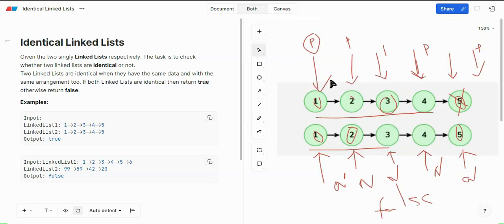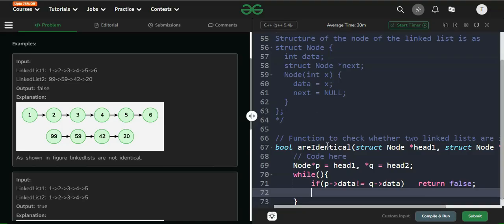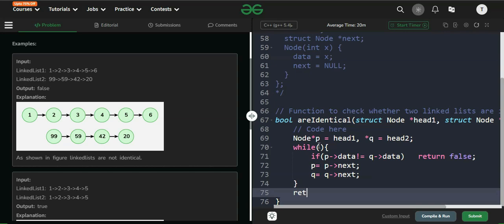If you look at this example, the data of both the nodes are actually equal. We are moving one step forward, right? So we would be moving the pointers P and Q one step forward. This is how we are moving our pointers one step forward. Once the traversing is done, we are returning